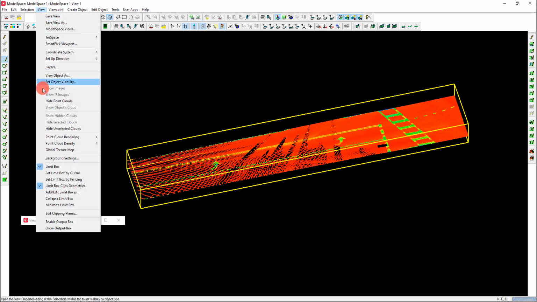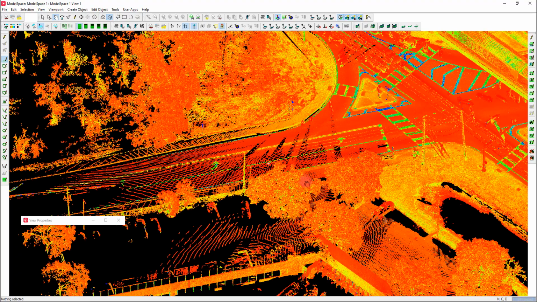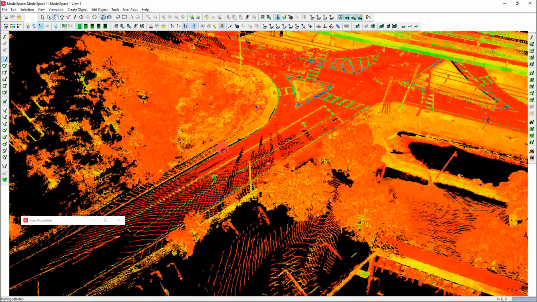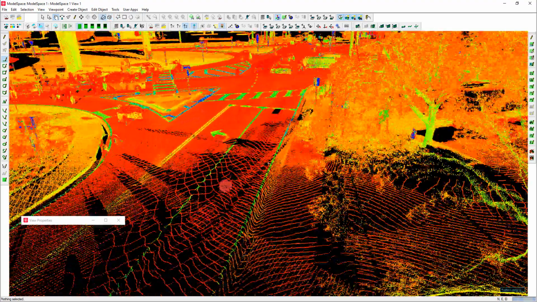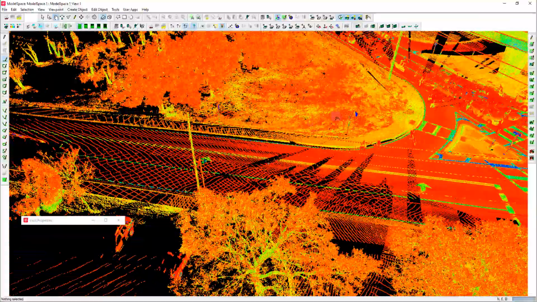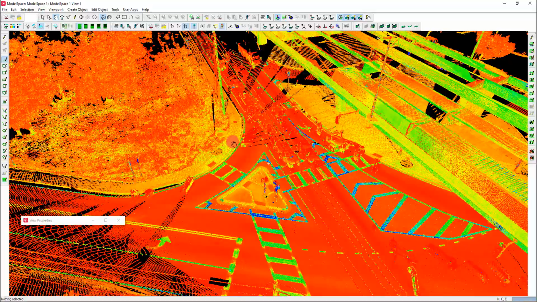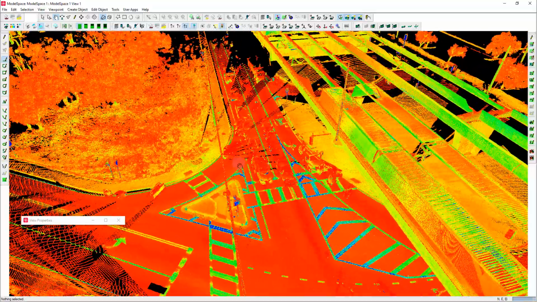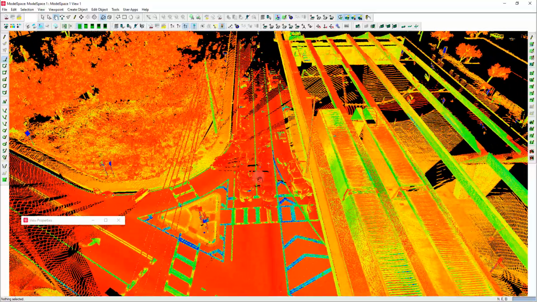Now by going back up to View and turning off Limit Box, you'll see that we have cleaned just that area that we had inside of our limit box, and everything else still has all the noise from the cars and everything else. So let's focus on this area over here, and this time, instead of using a limit box, we're going to use a selection. So again, I'm simply going to just grab my fence, and I'm going to come down my pavement here, and we'll come back around